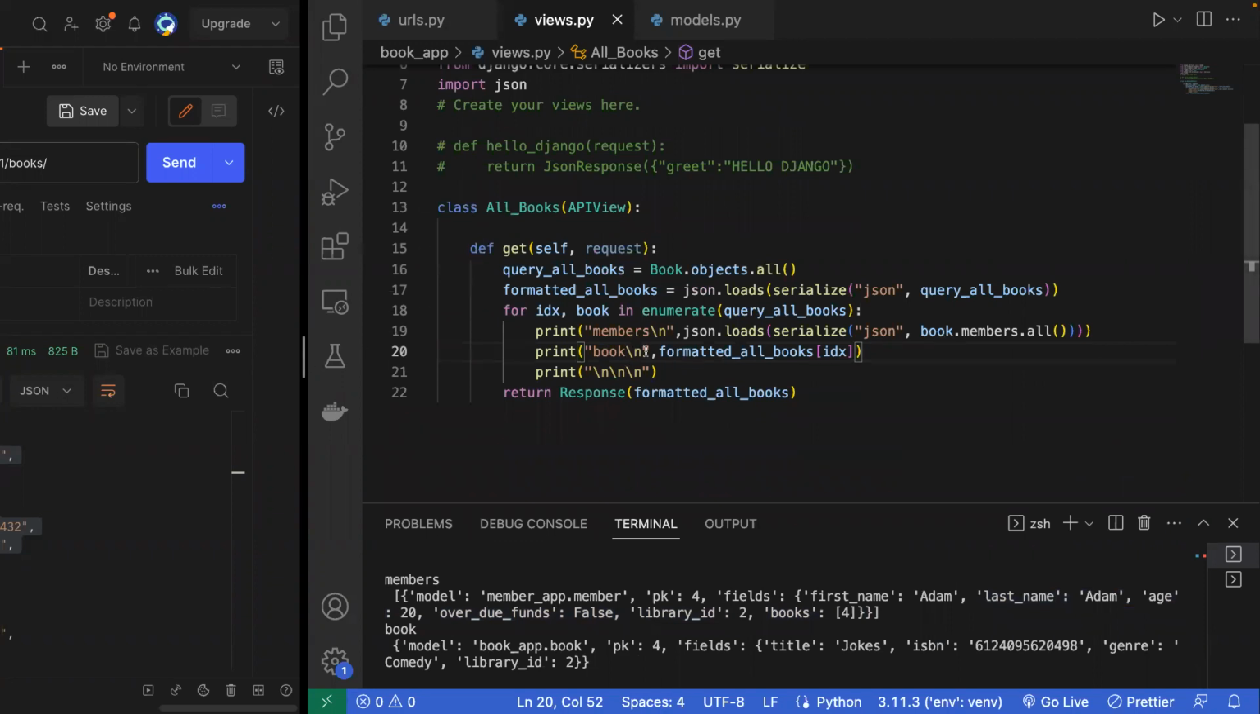But just like we mentioned before, I don't just want to see the members, right? I want to be able to actually insert them into my formatted all books. So just like before, now that we're grabbing a specific dictionary, in that dictionary,